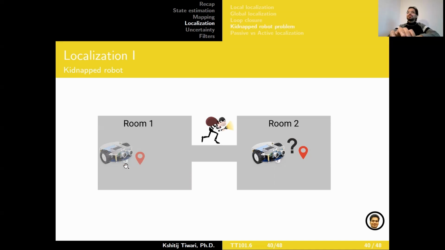Now, let's say the robot was given a certain task. I don't know, maybe to vacuum the room or something. So it was doing something there. But in the middle of whatever it was doing, you suddenly teleport the robot to another room. And since it is identical, the robot doesn't know that it has been kidnapped and teleported into another room. So it would continue the task from wherever it left off in this room, but instead in